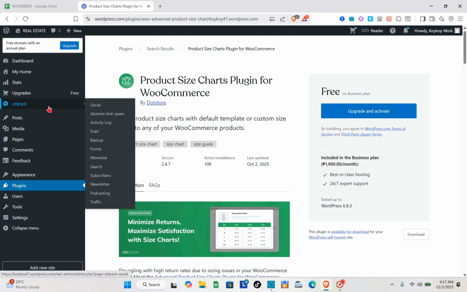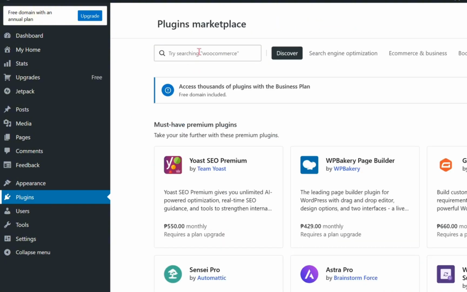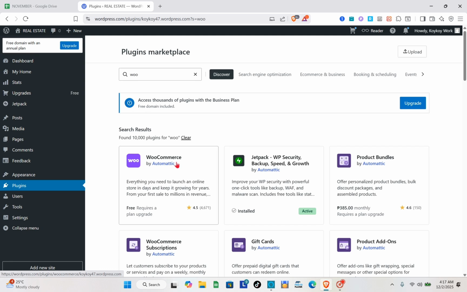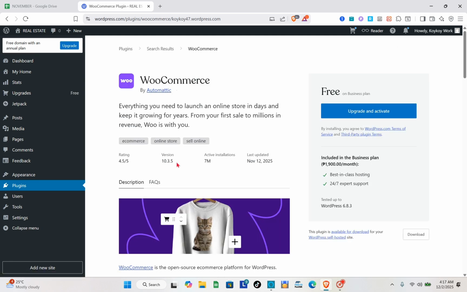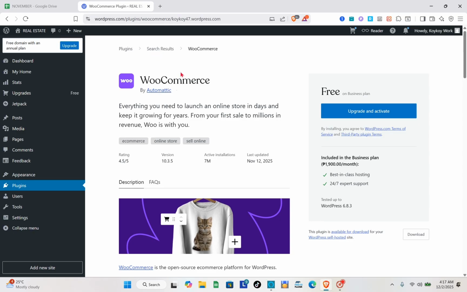After that, you just have to go to the plugins and then make sure that you have installed WooCommerce. Okay, so you have that right here. So you tap on this one. You have to upgrade your plan to the business plan in order for you to have WooCommerce. And once you have done installing this one and upgrading your plan, you just have to go